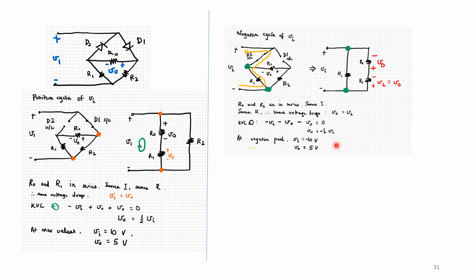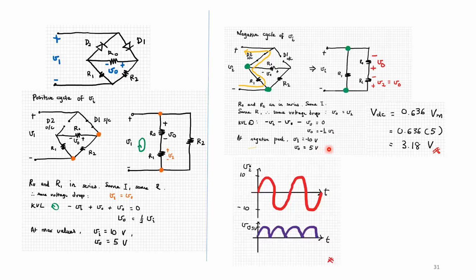So at the negative peak, where V in is negative 10 volts, half of negative 10 is going to give me a V out of 5 volts. So if I draw the input voltage with respect to time aligned with the output voltage with respect to time, I can see that when V in is 10, V out is 5. When V in is negative 10, V out is also 5, and therefore I have this full wave rectification from